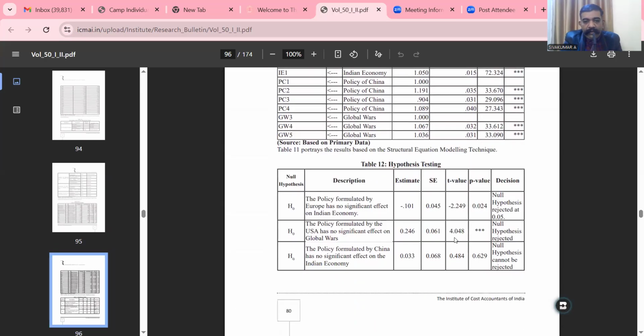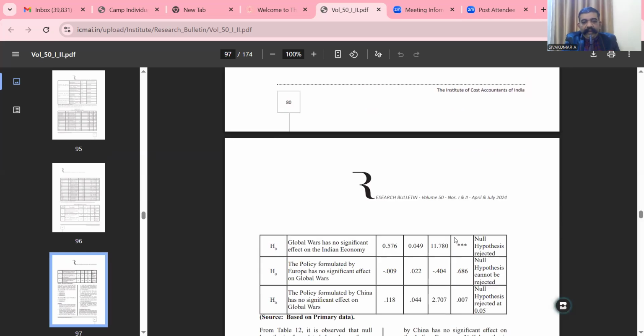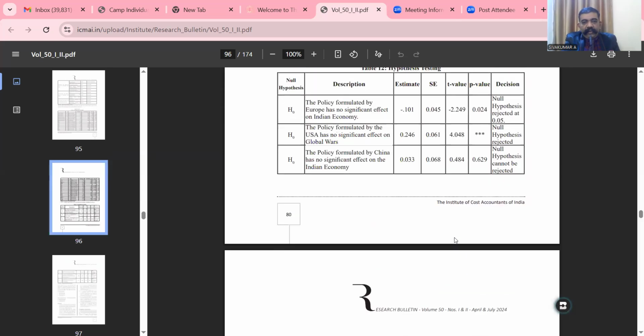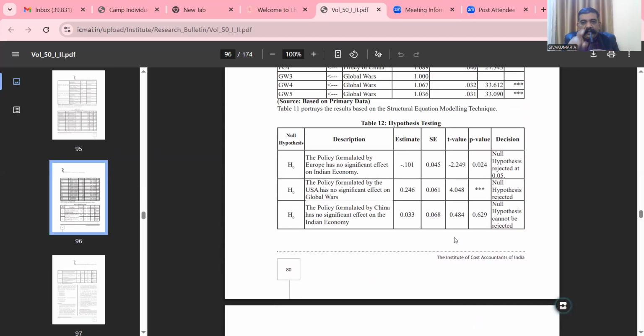Then this is the most important one: hypothesis testing. You have to write null hypothesis, description, estimate, SC, T value, P value, decision. Null hypothesis, accepted or rejected. You have to write the 5 or 6 null hypotheses. I think it is 6: 1, 2, 3, 4, 5, 6. You have to write the 6 null hypotheses, like the table: null hypothesis, description, estimate, SC, T value, P value,